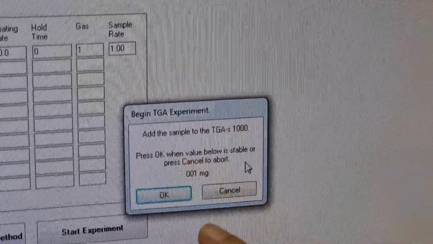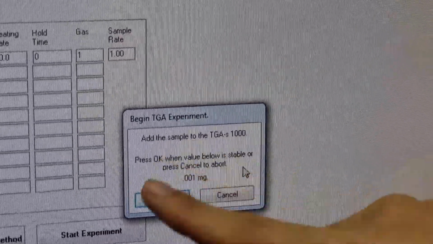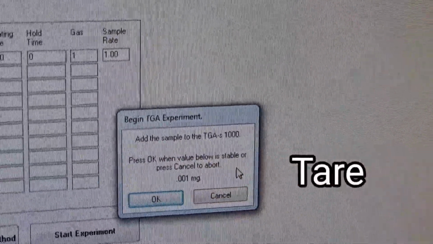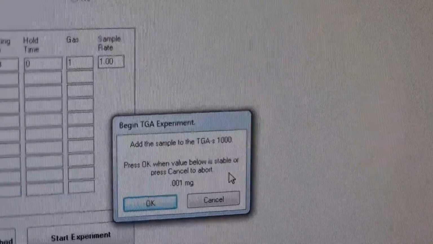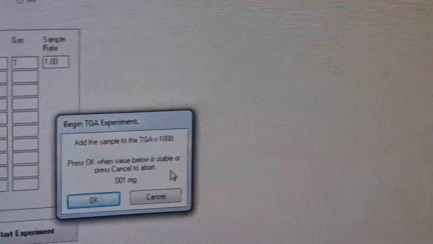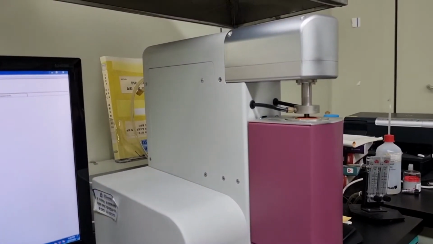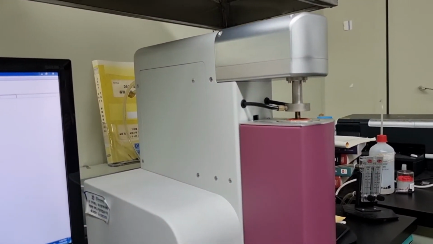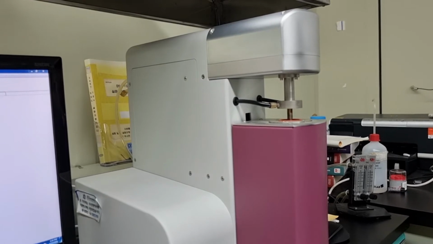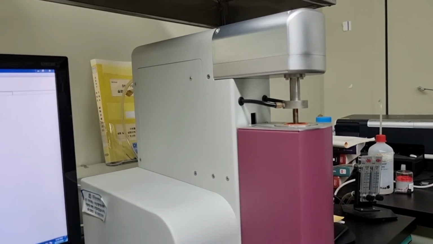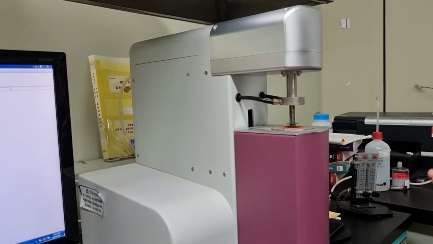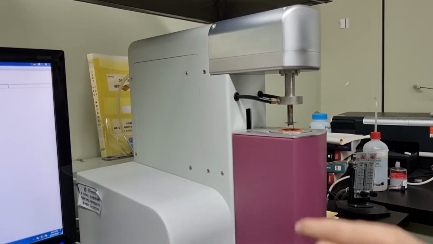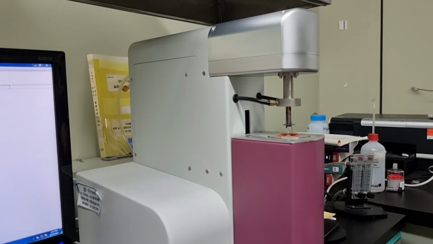So this is set to 0.001 milligrams, and you need to add the sample to the TGAS 1000 in order to make this about 3 milligrams to 10 milligrams. So you should lower this again. And when it's fully lowered, you can use this business card to take off and put the desired powder into this pan.